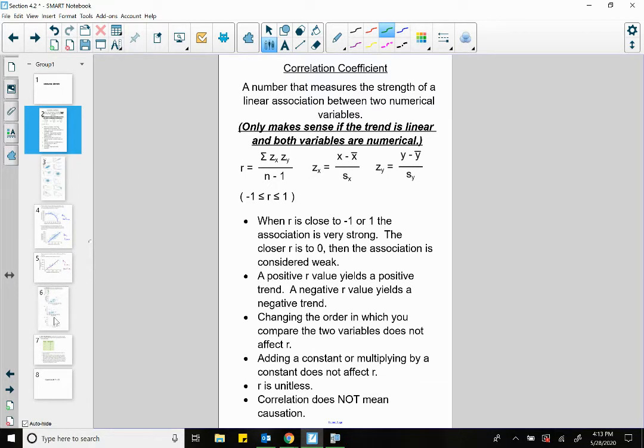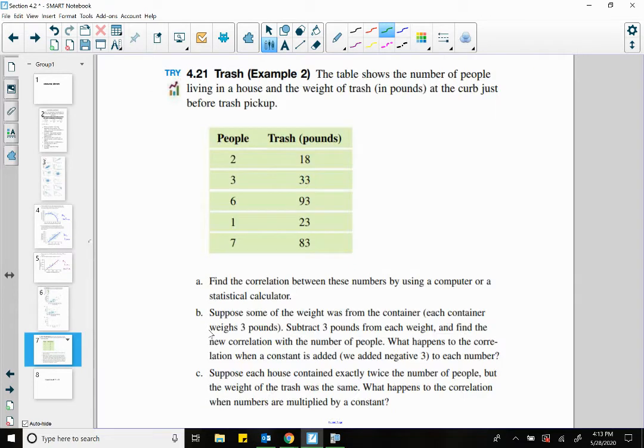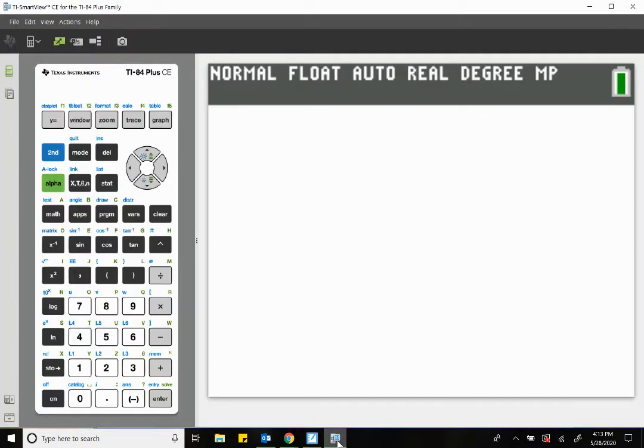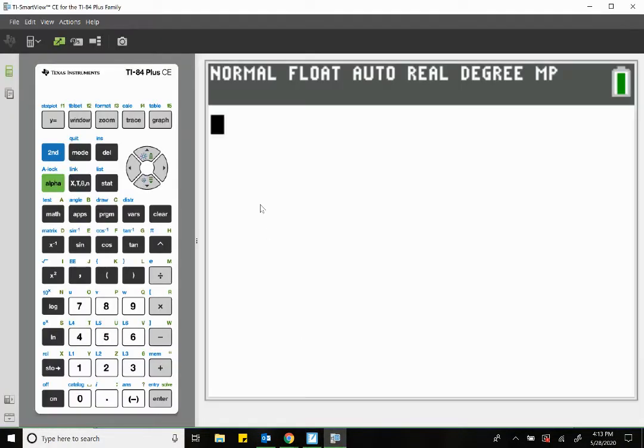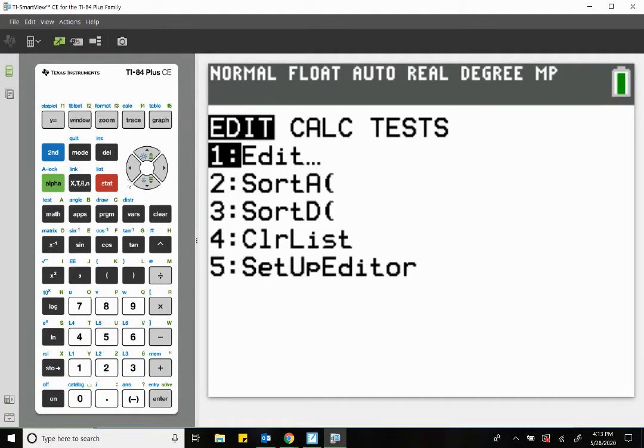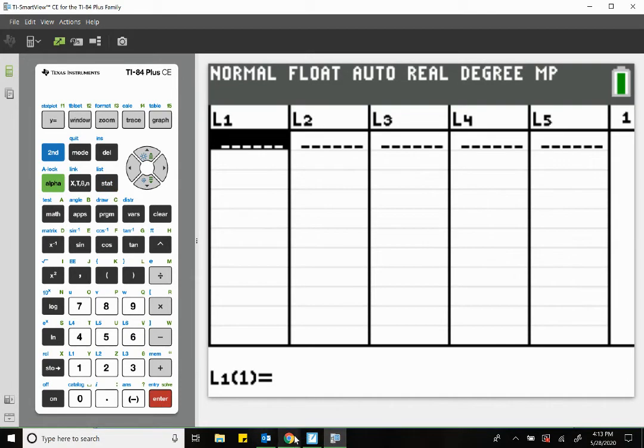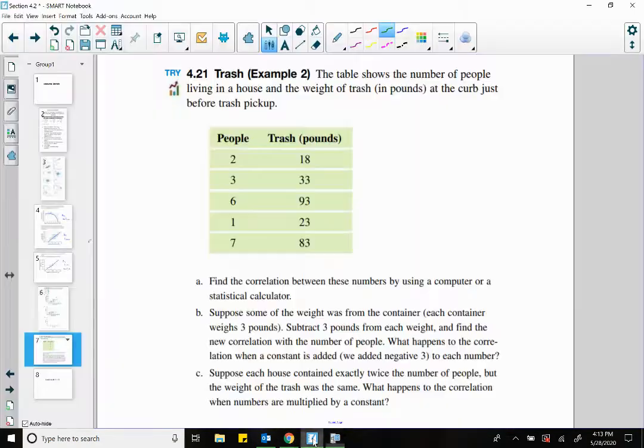Okay, so let's jump back to this. We're going to do it with the calculator first. In the calculator, notice you have two columns. The people column is going to go in list 1. The trash column is going to go in list 2. So we go into our calculator, hit stat, and edit the list. And in list 1, we're going to put the people, which is